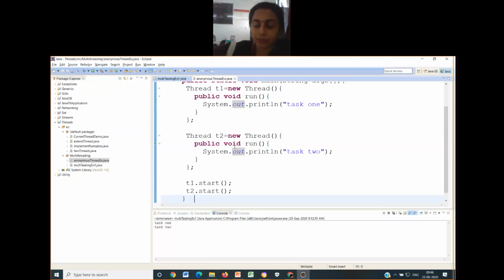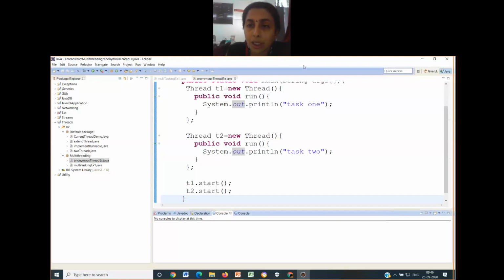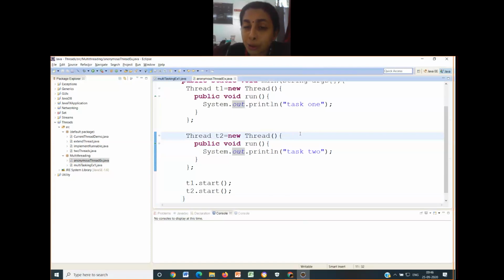Any other doubt? We have not yet discussed the disadvantages of it. Okay, can anybody tell me how this is useful? Why are these useful? Can anybody comment?